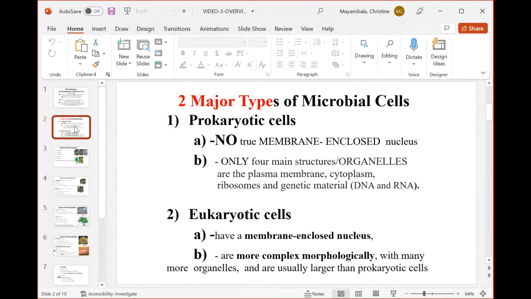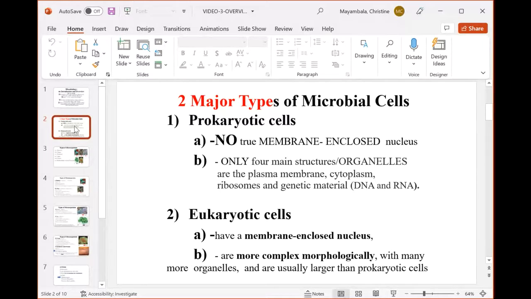If you took a course called Human Anatomy and Physiology, at the very beginning, we cover the structure of a human cell. In that human cell, we look at the internal organelles, the nucleus being one of those. And then, of course, you have many other structures. But in the human cell, you would usually have a membrane around the nucleus, whereas these prokaryotic microbes do not have a